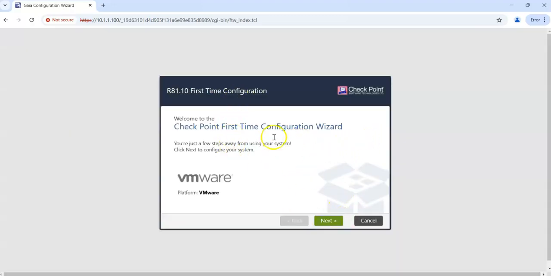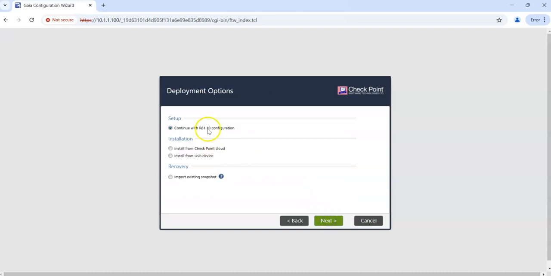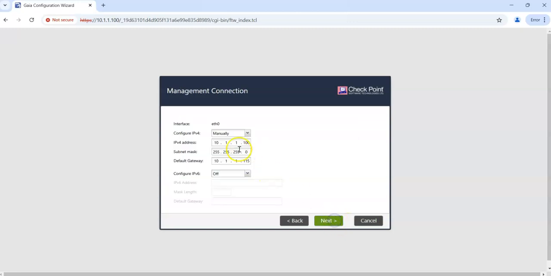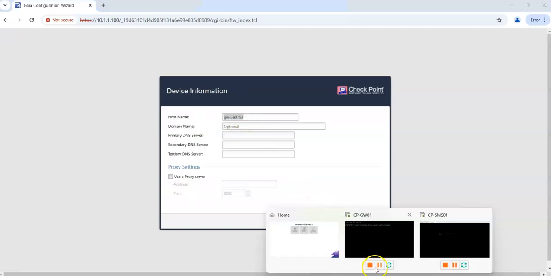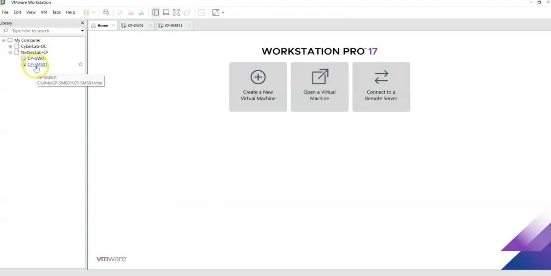Then we are at the initial configuration wizard, or the first time configuration wizard, and to complete that we will take the steps we have done with the gateway, but for this case we are going to choose the management server instead of gateway. So we continue with R81.10, and this is the interface we were using, and our default gateway is here. Then we name it as we had in the VMware Workstation. So if you remember, we have CP-SMS01,